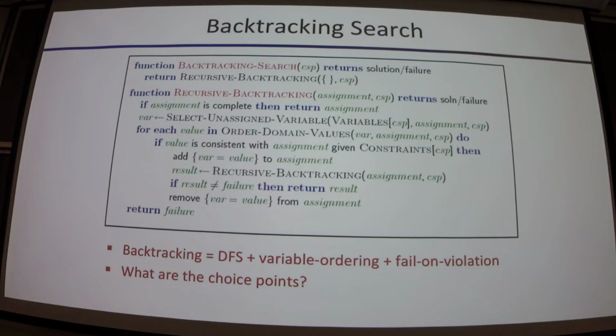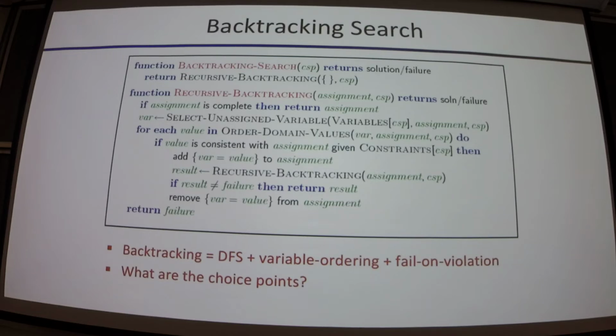Okay. So here's the pseudocode for this. I'm not going to go through it in detail. It's in the book. But there are some key concepts. The first is that it's implemented recursively, which is how this is frequently done. So basically the way it works is if you've assigned all of your values, you're done, right? Because we enforced the constraints in the assignment process, so if we get to a full assignment, we know it's valid. So we're done. Great. Otherwise, we're going to select some unassigned variable with some ordering. And then for each value in the domain, if that value doesn't violate the constraints, we're going to recurse on that. If it does, we ignore it.